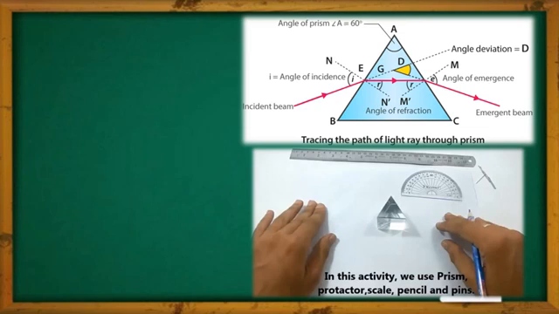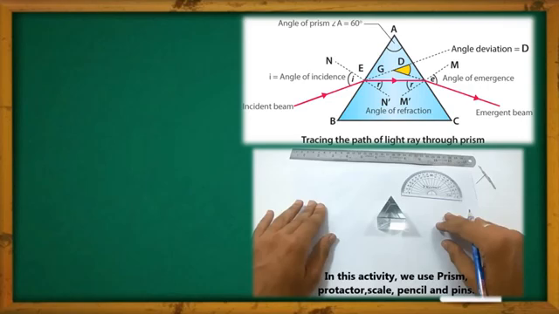Whenever the light ray is incident on the surface AB, we call that the incident beam, also known as the incident ray. Now at the point of incidence, if we draw a perpendicular to the surface AB, that will be called the normal, that is N dash. Because the light is entering from a rarer medium to a denser medium, there the bending will happen. The angle between the normal and the incident beam we call the angle of incidence.